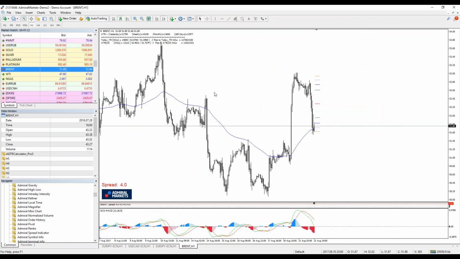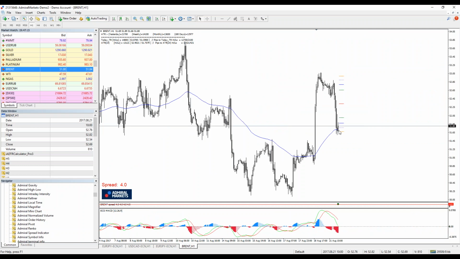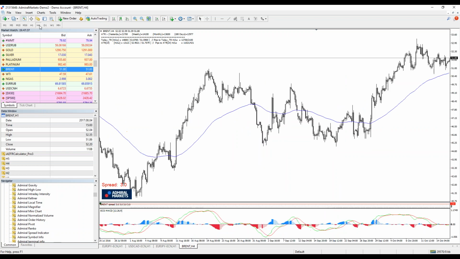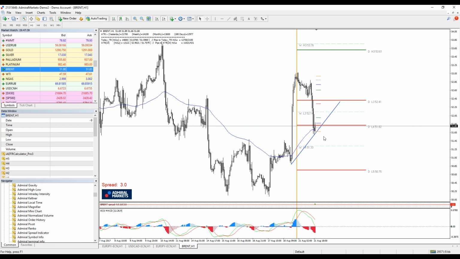So this is Brent. You see, price has been dropping. Here we see a trend line. For the rest of the day, if it breaks this trend line, it should drop. Yeah, this is what you should do. If it breaks below, then it should go more to the downside. But it needs to break this trend line. Again, this is weekly support, so from this spot it could turn to the upside.